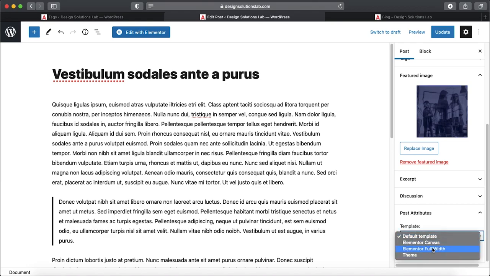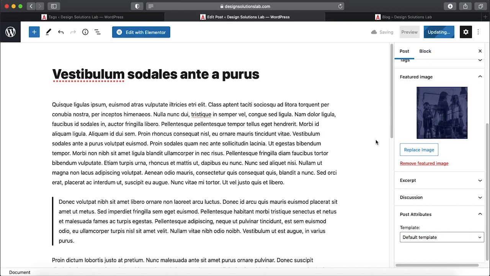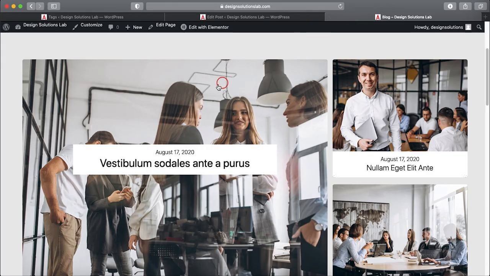Sometimes we can select the template of posts. When you use Elementor, you have some Elementor extra templates. By default, the website has the same template for all posts. When we did some changes around the post, just click update, and when we go to our blog and refresh the site,